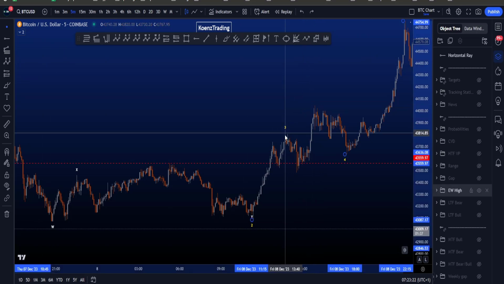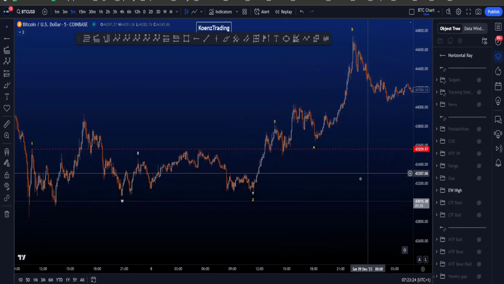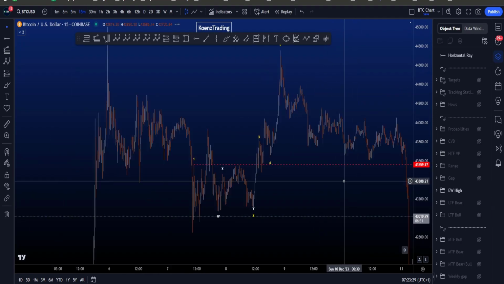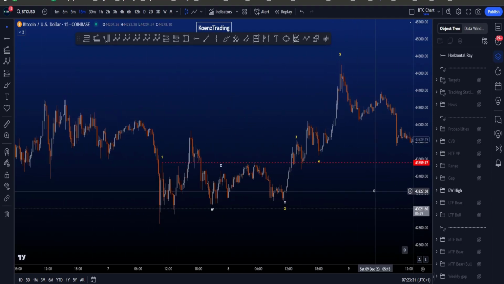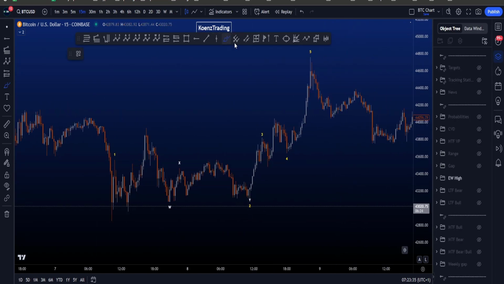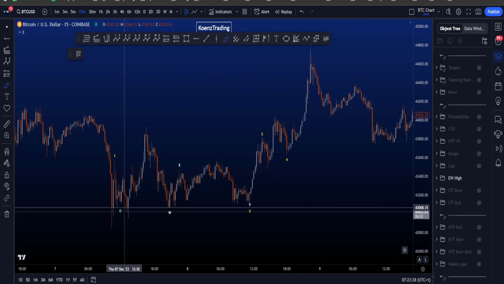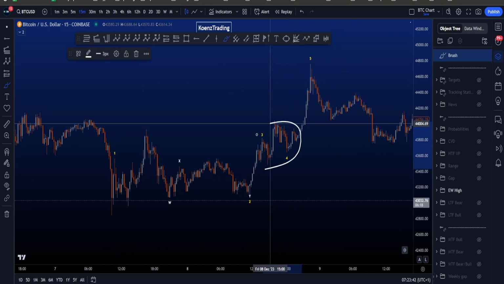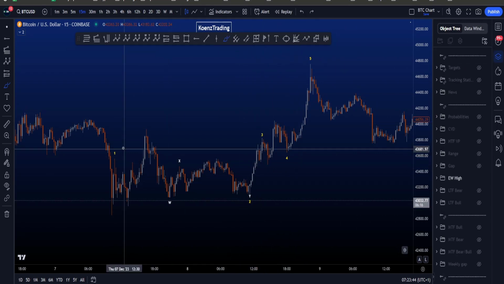So that's why, preferably, that's your wave 3 over there. And then you have your 4 and a 5 towards the upside. So there's also overlap between wave 1 and 4. And then we have to think about a potential diagonal, because in a diagonal you like to see overlap between a wave 1 and a wave 4, but in a diagonal you want wave 2 and 4 to be a zigzag structure. Wave 4 in this case is not a zigzag, and wave 2 in what I have over here is also not a zigzag,